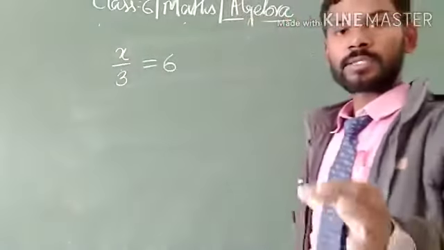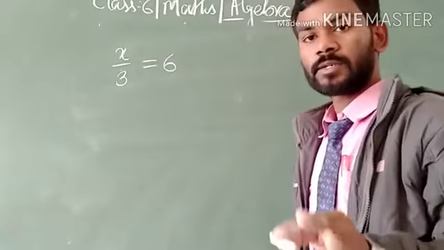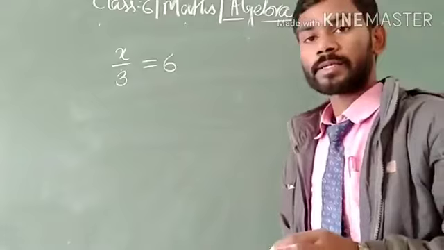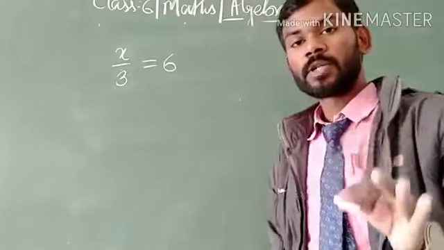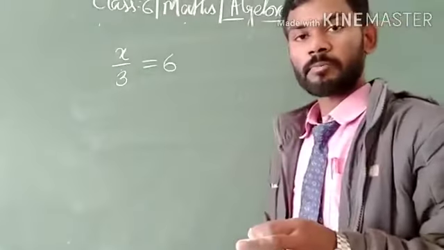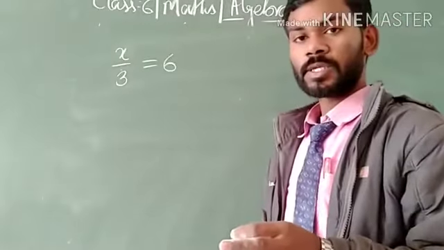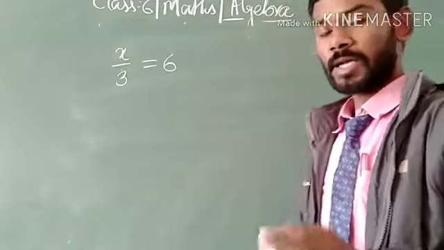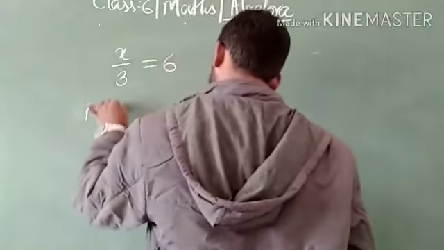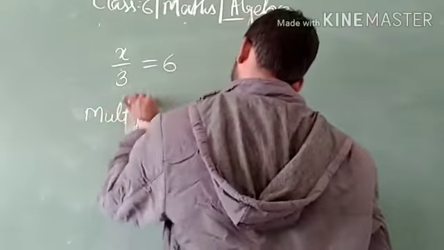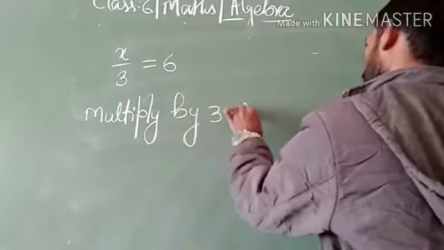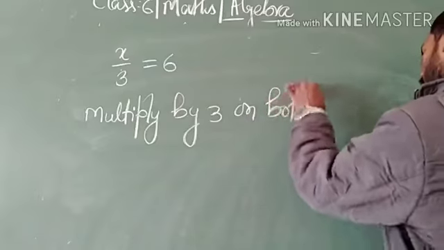The question is very easy. Just try to understand what the question wants to say. Here, x is combined with 3 with the operation of divide. Therefore, we shall operate the operation which is opposite to divide, and it is multiply. Therefore, multiply by 3 on both sides,